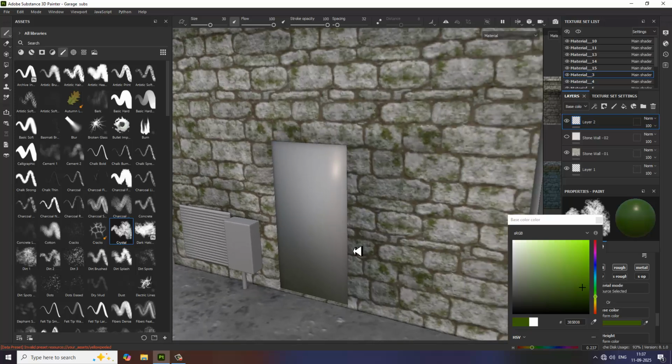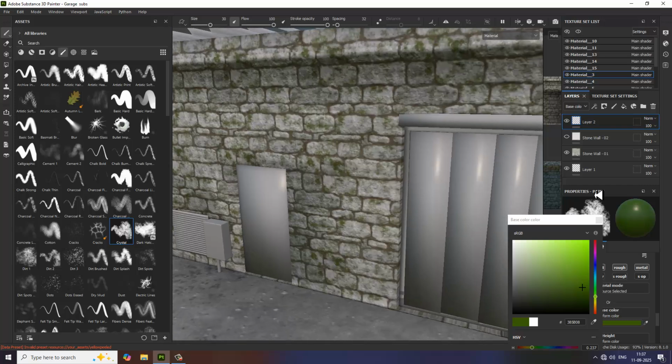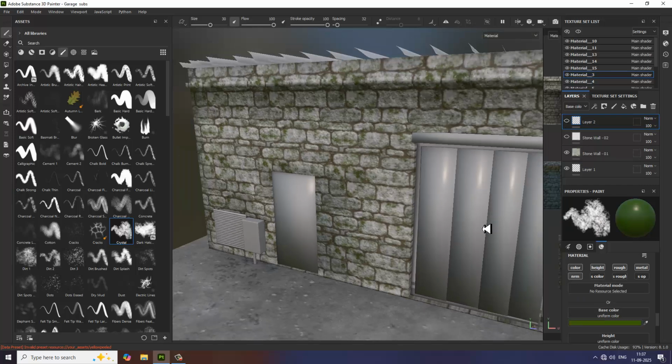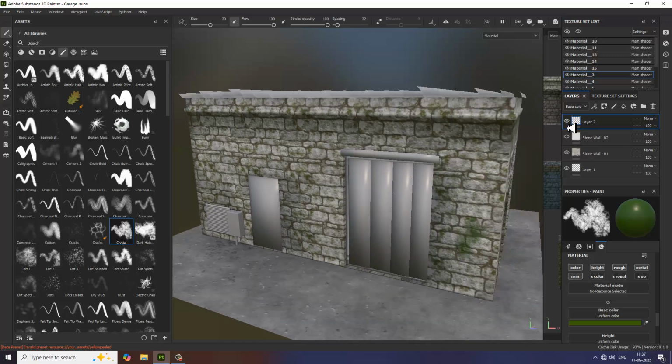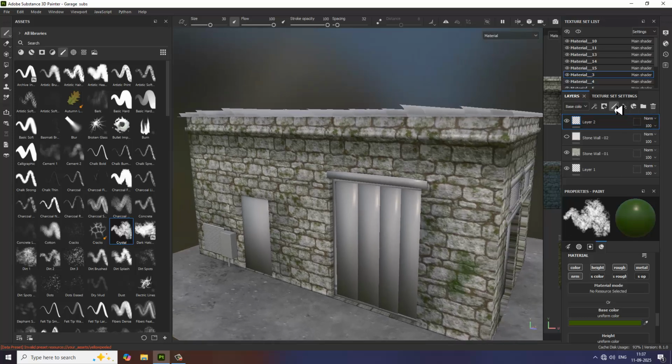So wherever it is required, I can do that. Apart from that, I can turn the layers on and off wherever you have painted it. I can again take a new paint layer over here,